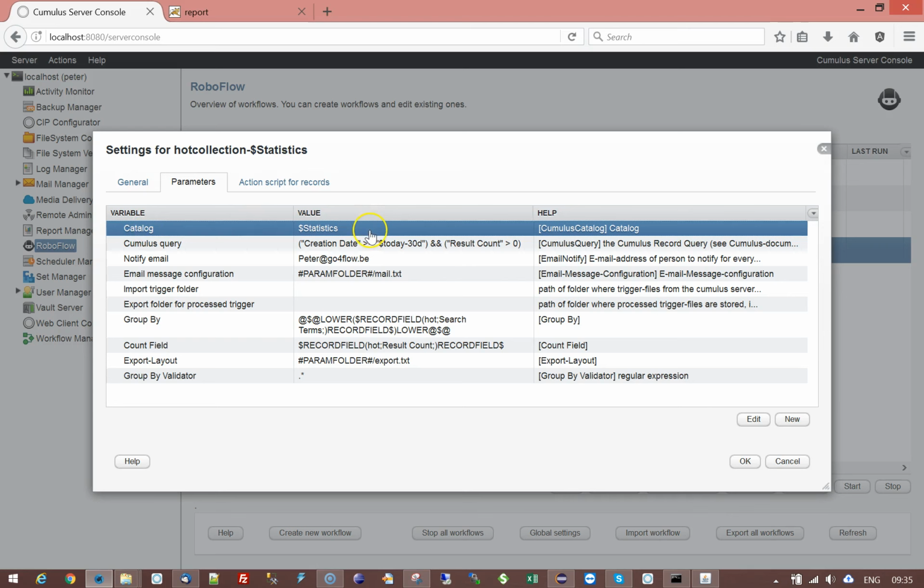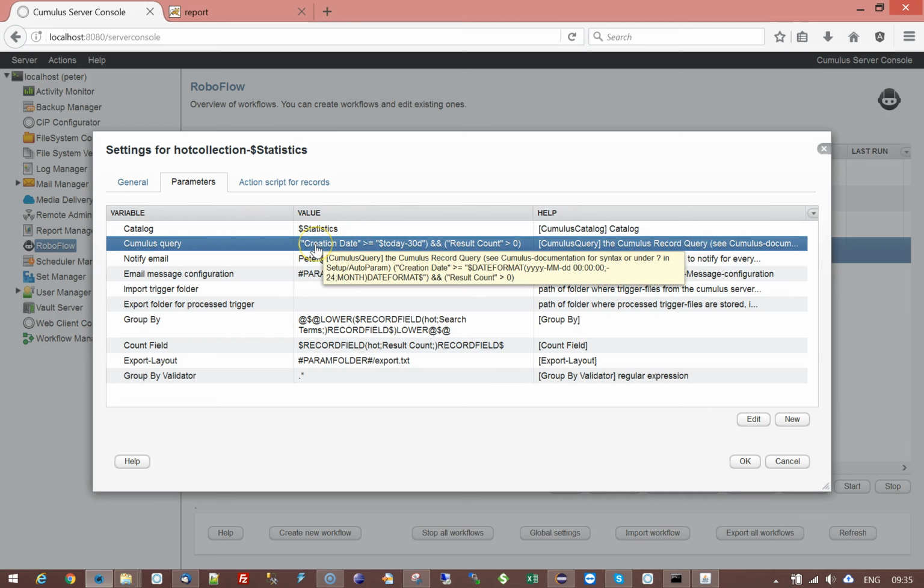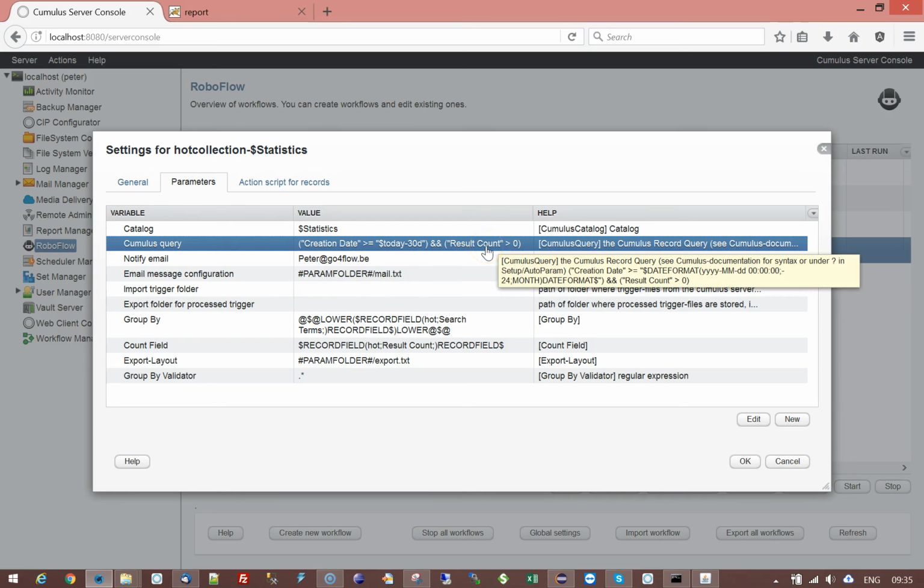It is looking into the $statistics and has, in this example, a query of the creation date, which is the entry record. So for a record, this would be the item creation date, but in the $statistics catalog, this is called creation date. And we are looking here at searches with result bigger than 1. So this is one way to do it, to say, I want for the past 30 days, I want this result. This workflow will then get a list of records, and it will